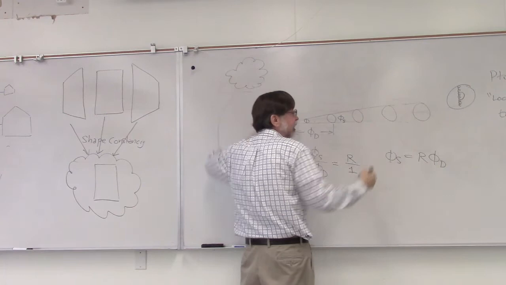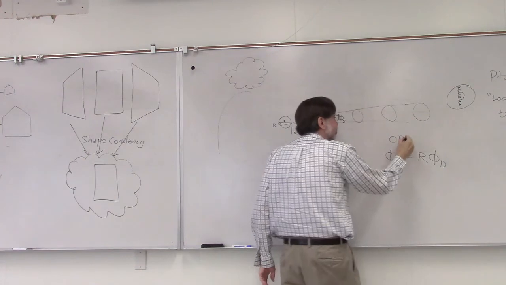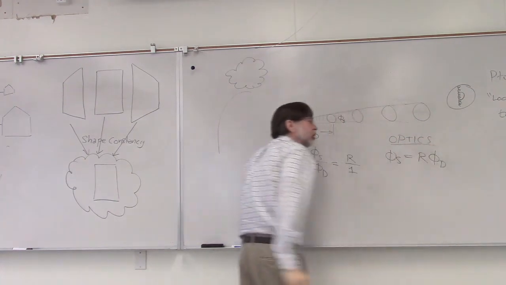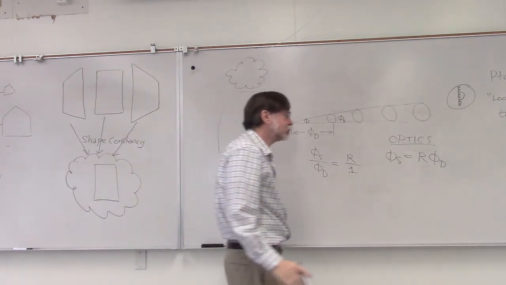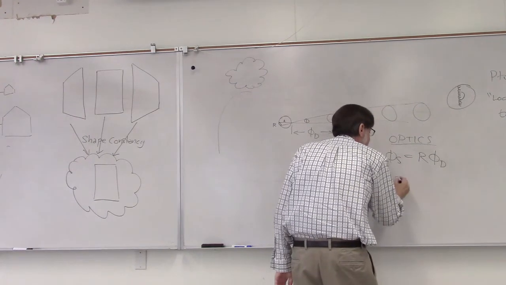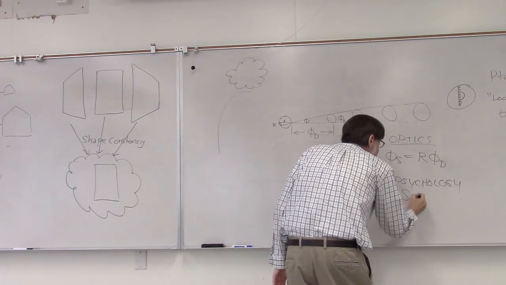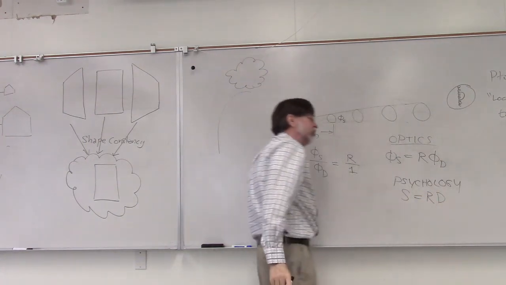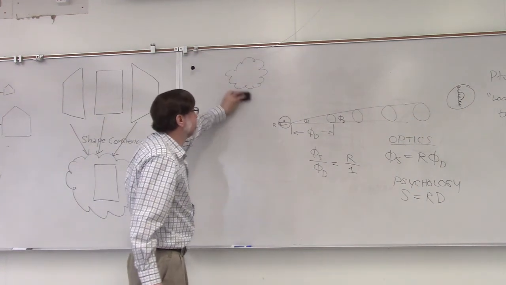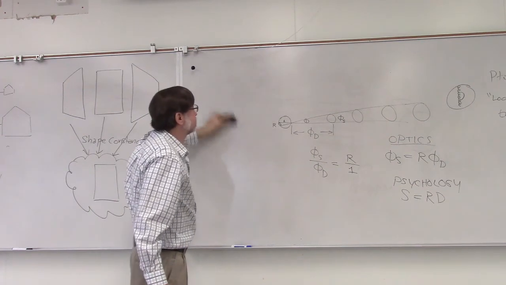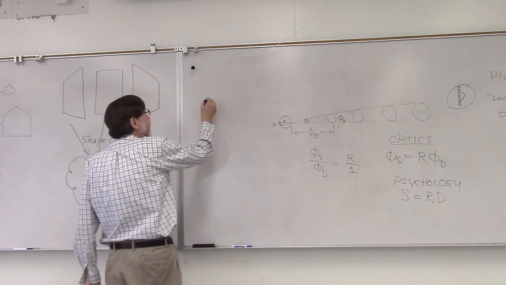And so what Ptolemy is saying in essence is there's a psychological equation corresponding to optics. This is just optics, and all I needed to use is that light travels in straight lines, and the pinhole model here. Ptolemy is saying, corresponding to this, there's psychology, which is that subjective size is retinal size times subjective distance. And so, if the retinal sizes are equal, so if S is equal